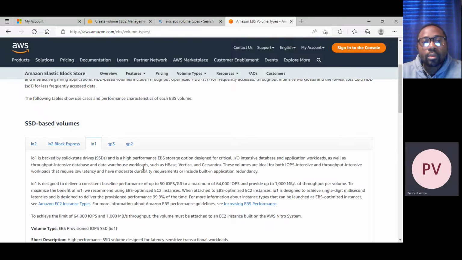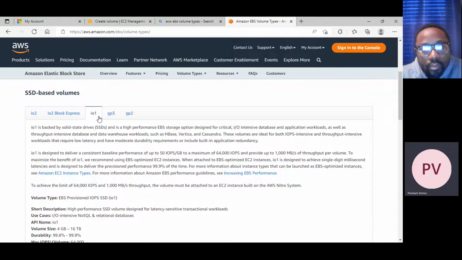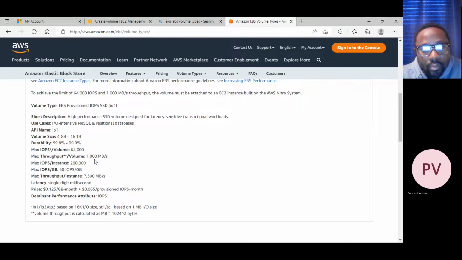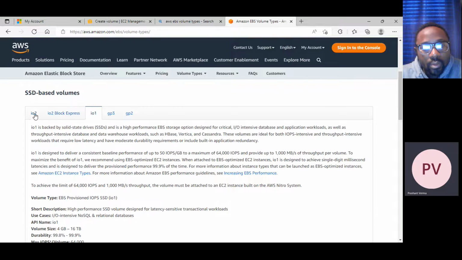Now let me show you IO1. IO1 also supports up to 64,000 IOPS and 1000 MB per second, but there is a difference here.